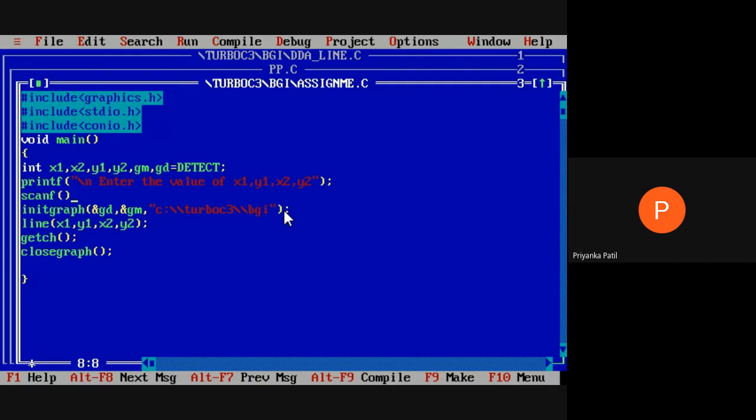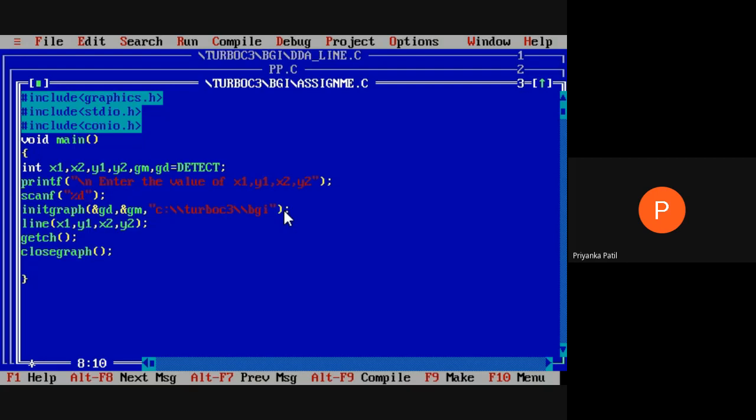So scanf, in double quotes, %d is the specifier for integer. How many times do we have to mention %d? Four times, because we need to access four values from the end user.